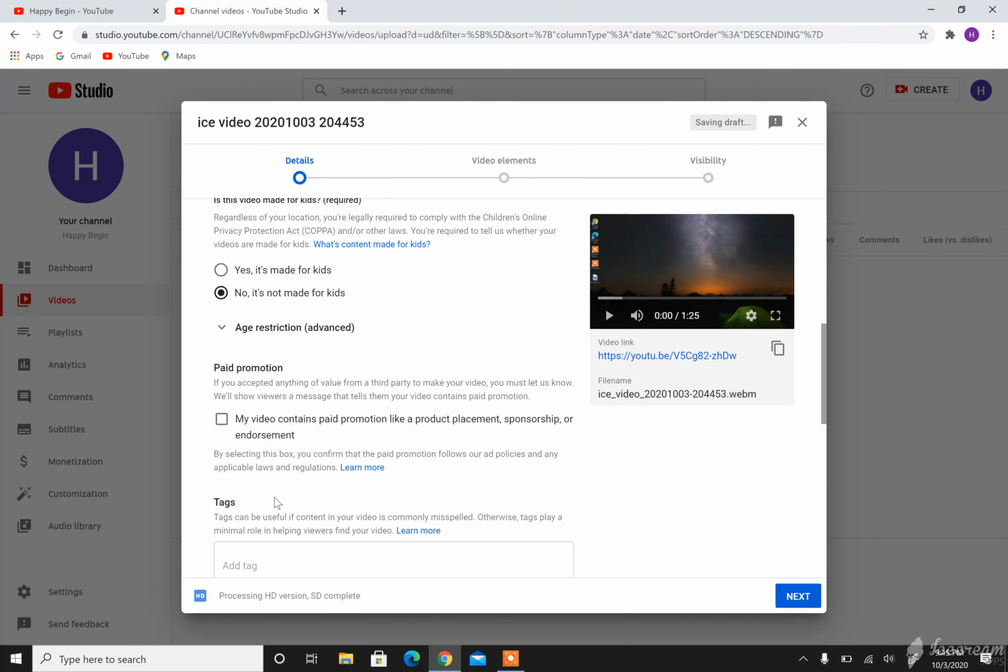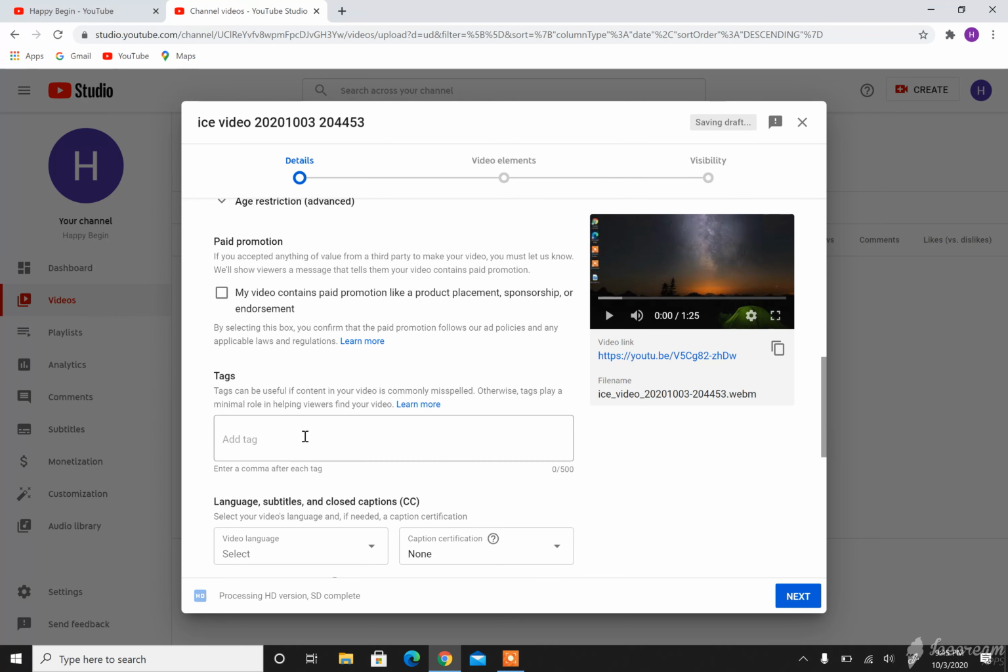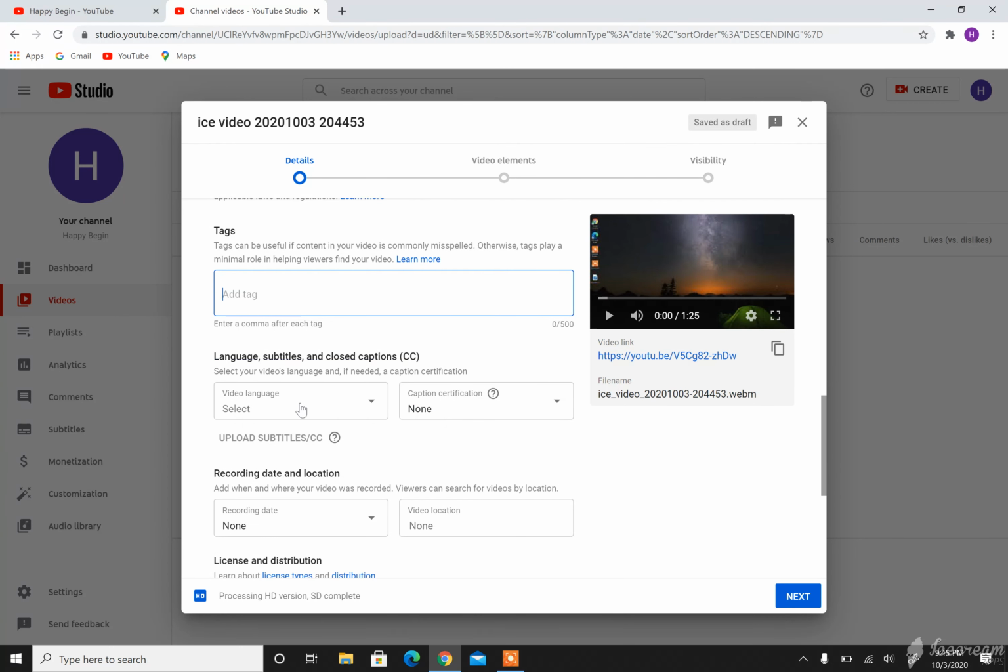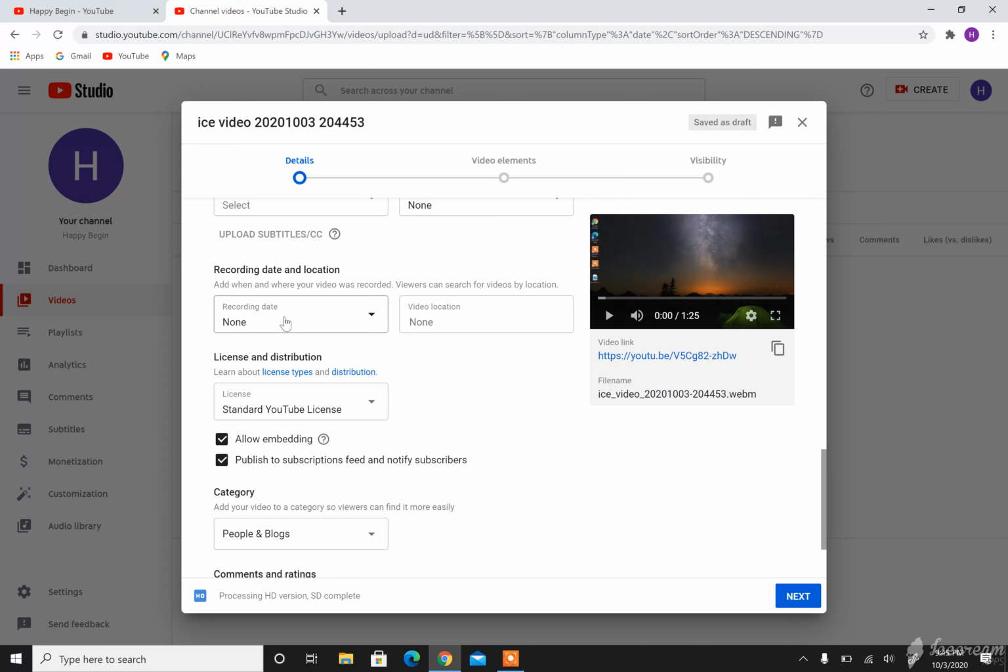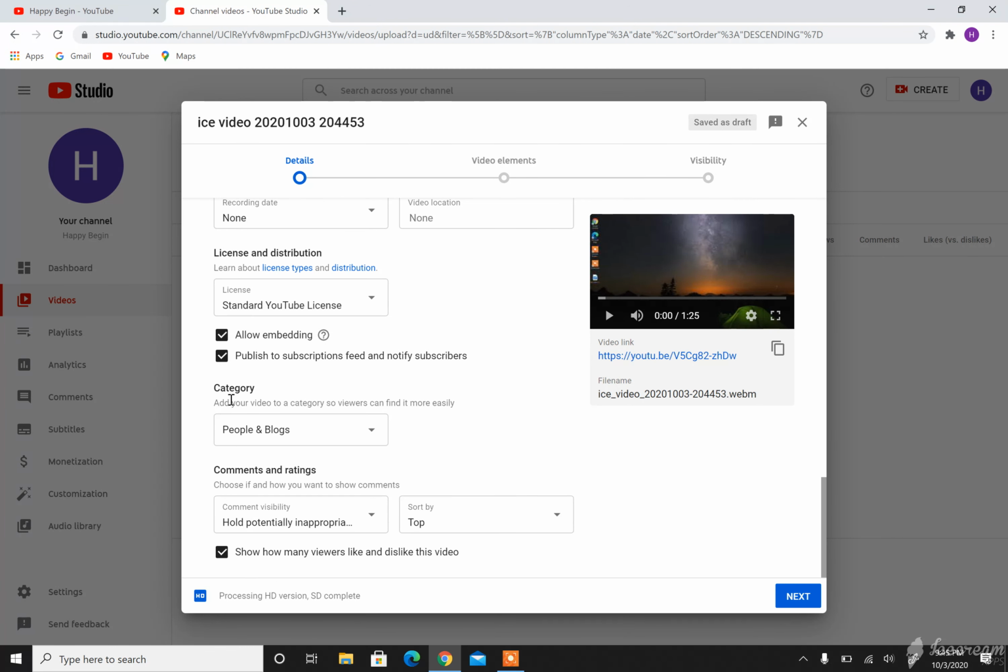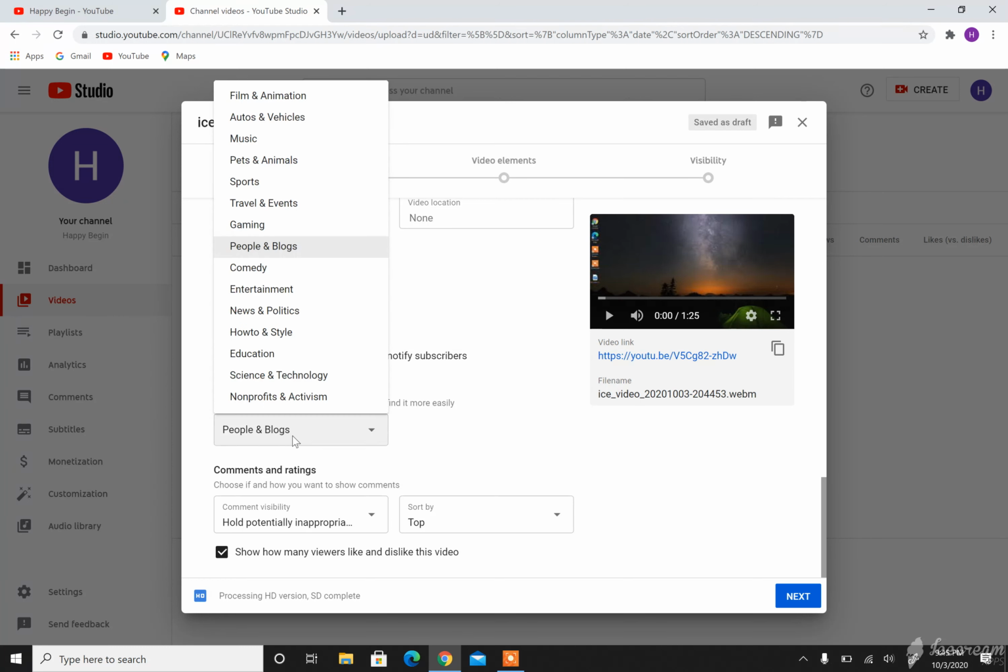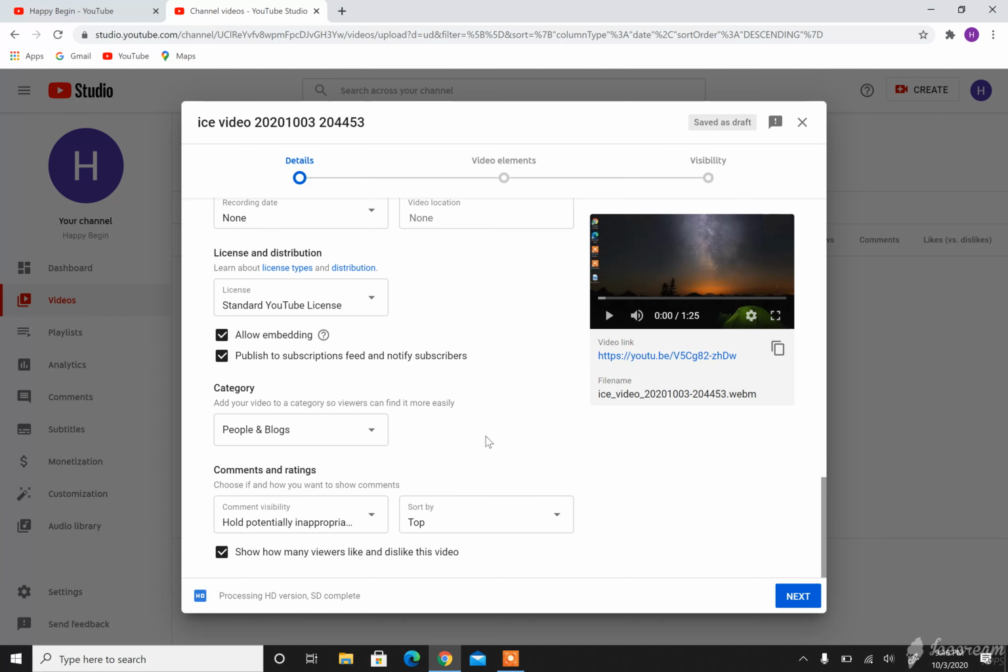So let's move on. For the text, you can add text here, and you can choose a language if you want to put a subtitle or any language here. If you want to put a recording date, you can, otherwise you can leave it blank. For the category, you can put people or blogs, newspaper, science and technology, all these different categories of the videos you have made. Also for the commenting section,